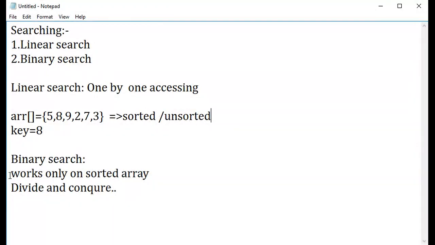Whenever you're going to write an algorithm, have a habit of writing it in an optimized way, guys, which will help you overcome time complexity issues. So right now we are speaking about binary search, which follows the divide and conquer method.